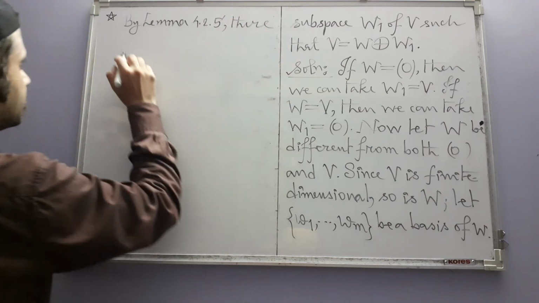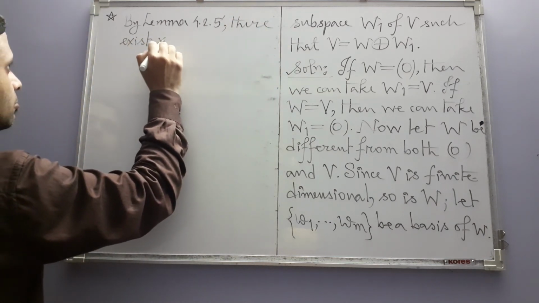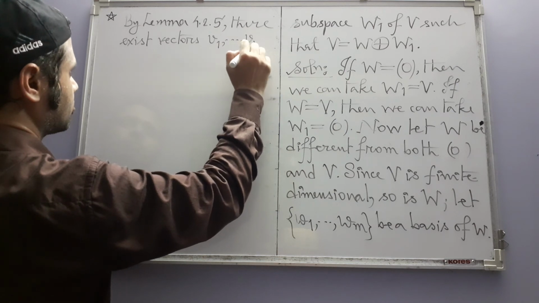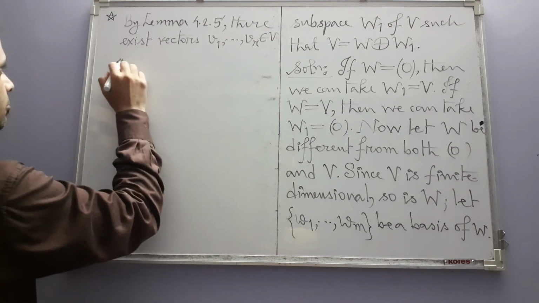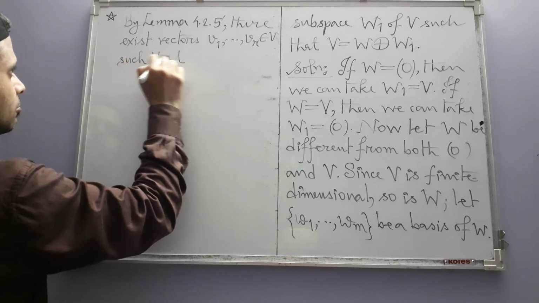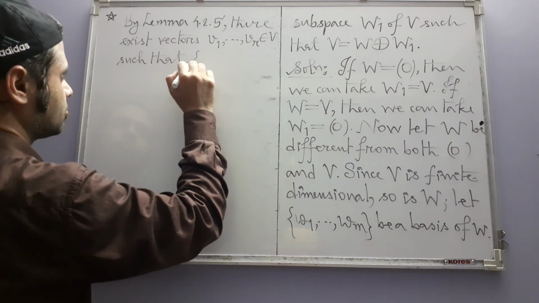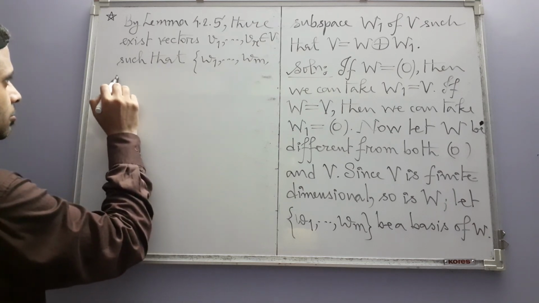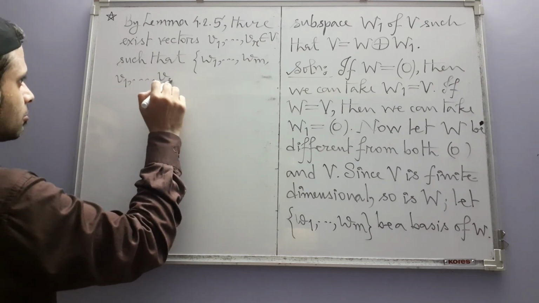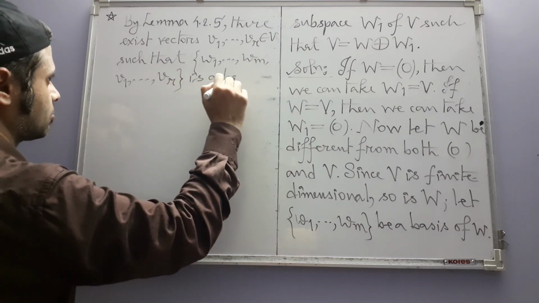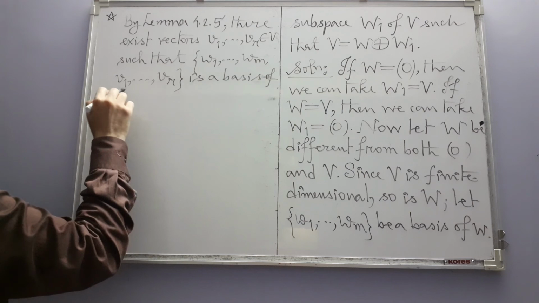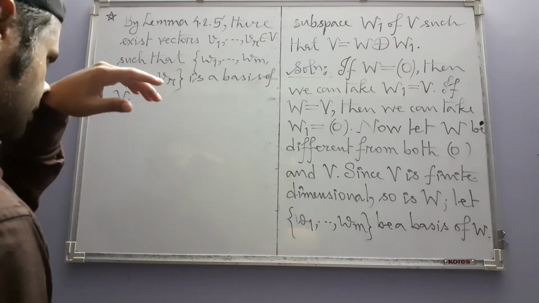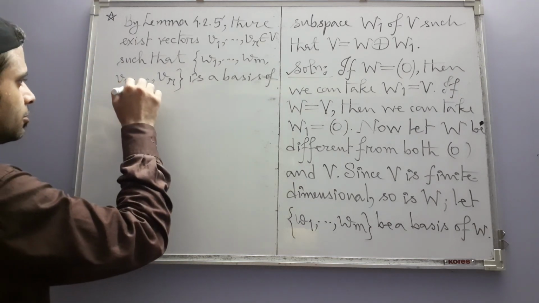there exist some vectors in V such that this superset is a basis of V. Okay, so just like those two extreme cases, in this intermediate case also, you now have to prove this. Show that